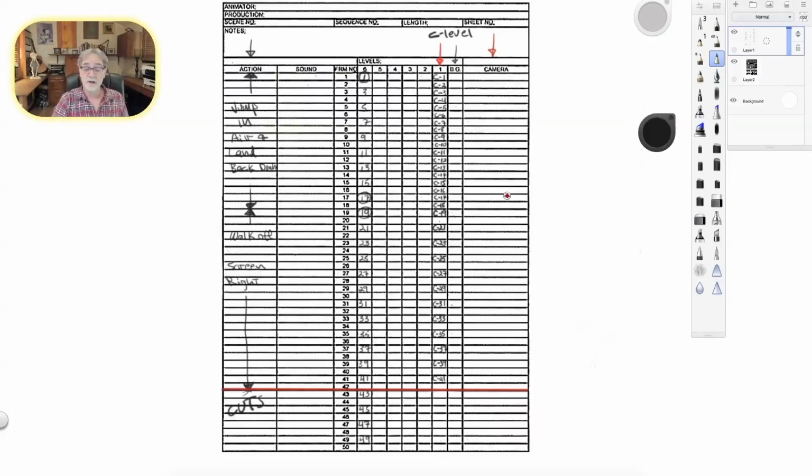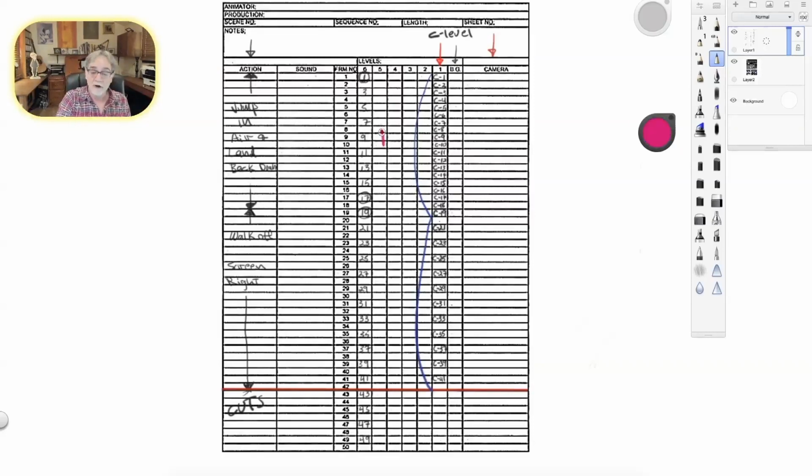So again, what I want you to understand, let me go blue there, is that all these drawings from frame 1 down to frame 19 are all done on ones. I'll draw the blue line there, and then from there it all goes to twos.